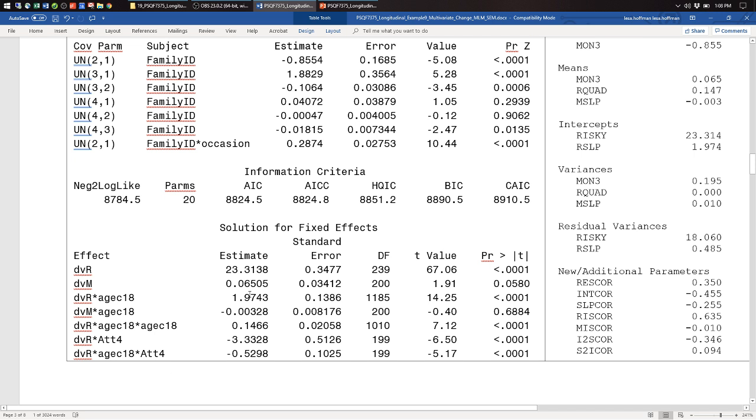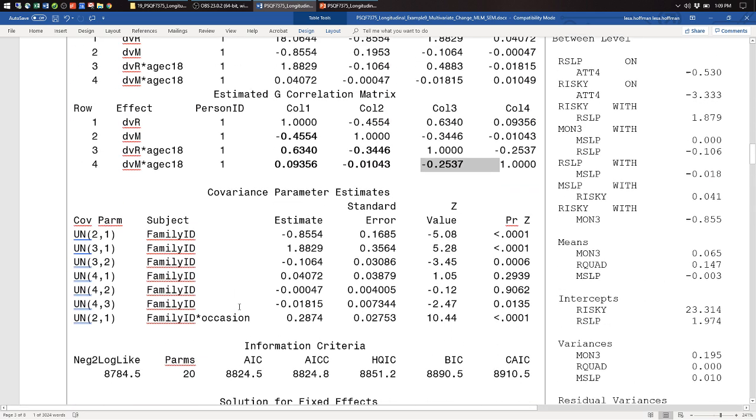So this model allows us to say how these things are related. It does not allow us to do certain other things in terms of examining these relationships. For instance, what if I think that monitoring and risky behavior are more related to each other in parents who are more permissive? That's a moderation hypothesis. I can't test that this way,